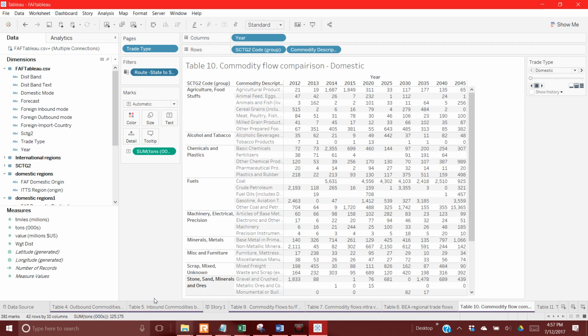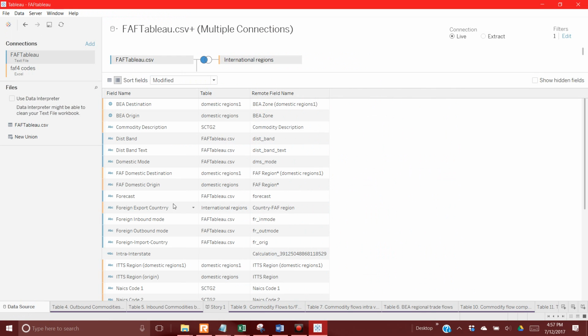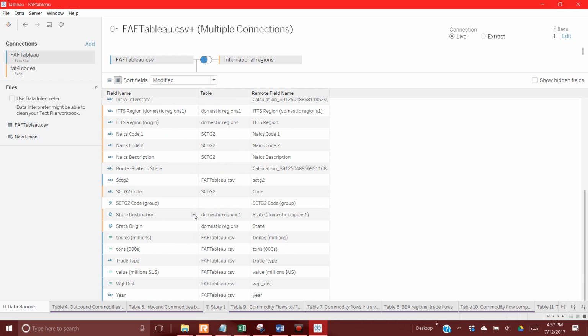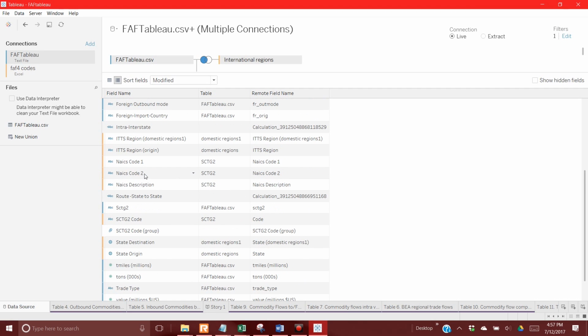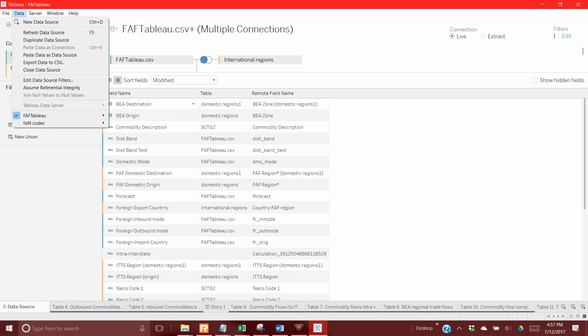But the most important thing about doing any database work in Tableau is you have to understand the metadata, because that's what's going to save you, and that's also what's going to give you the flexibility to do the type of analysis that you're going to do. So anyway, let me save